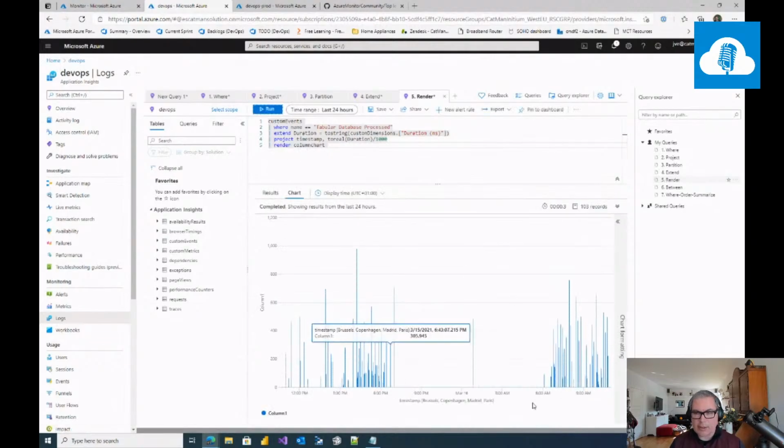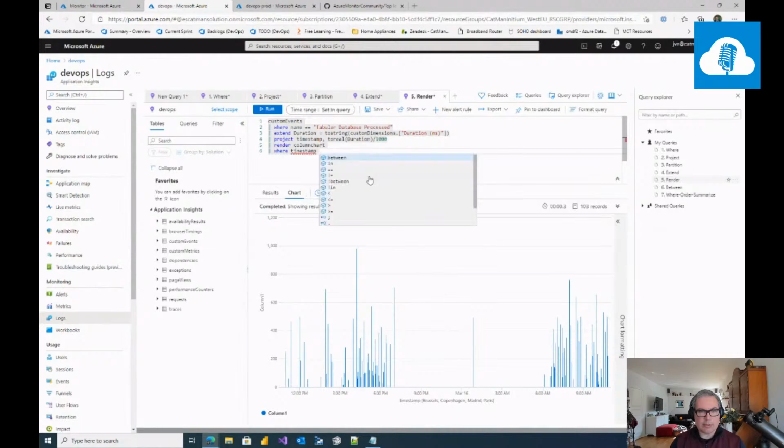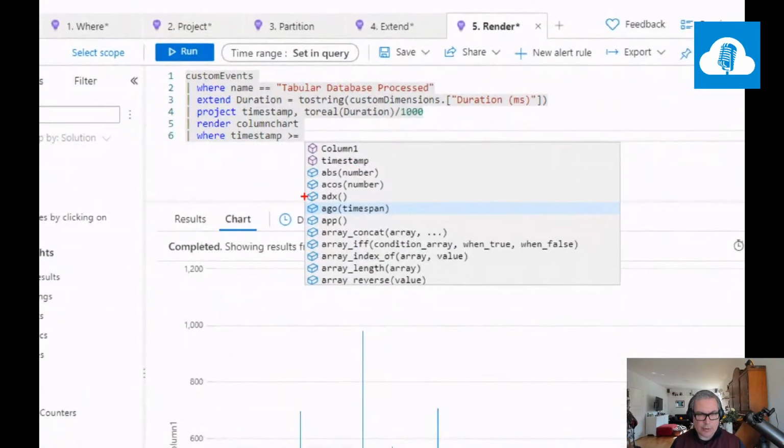Now you can see it's fairly tiny, and we might want to narrow down the scope. So I can add a where clause to this one, and timestamp. Still available to me because I projected it into the data set. And I can say that my timestamp should be greater or equal to,